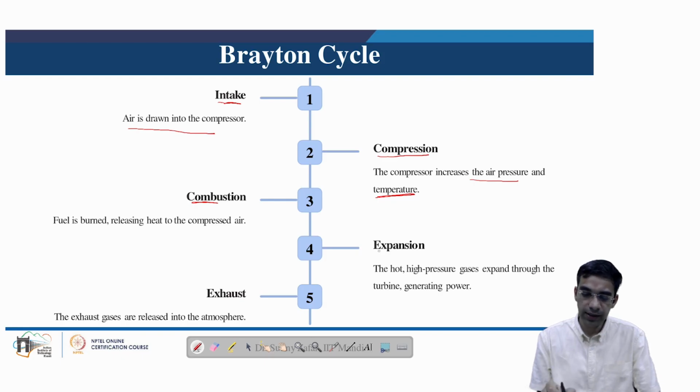The hot gases are then brought onto the turbine, where the expansion of the hot gases takes place, and while the hot gases expand over the turbine, they cause the rotation of the turbine blades. Then this rotational mechanical energy is converted into power, as I discussed, by connecting a turbo generator, and subsequently the used exhaust gases are released into the atmosphere.